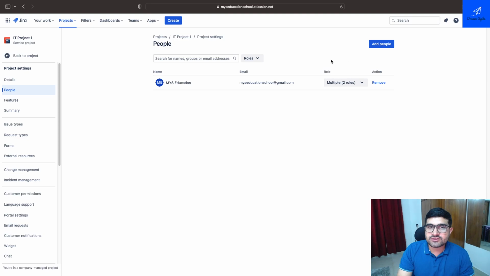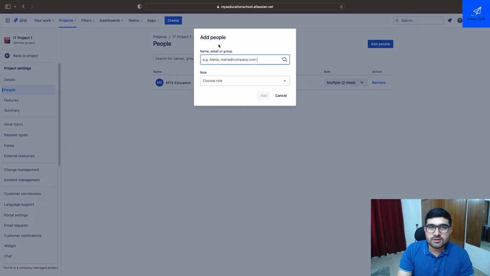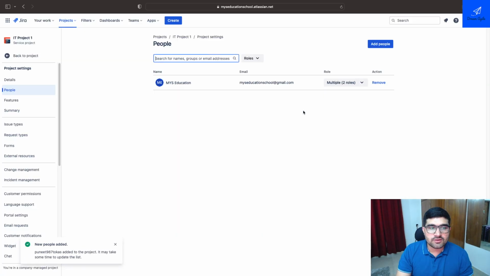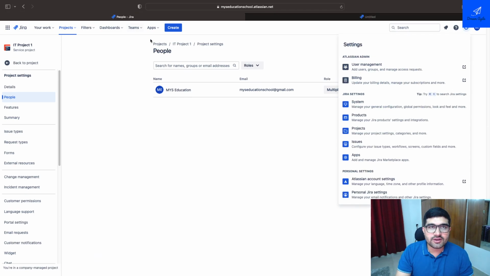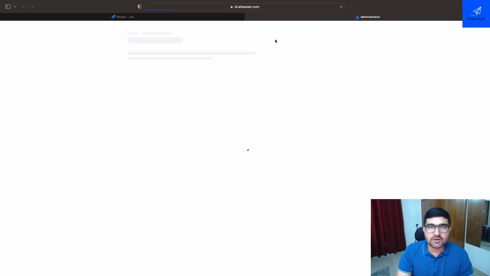If I want to give access to someone, I can invite that person. So I will quickly add my personal email ID and give service desk team access. It says new people added. If we quickly refresh the page, I'm not able to see my ID, and that is because we have not enabled user access to my local ID. So we will go to user management,